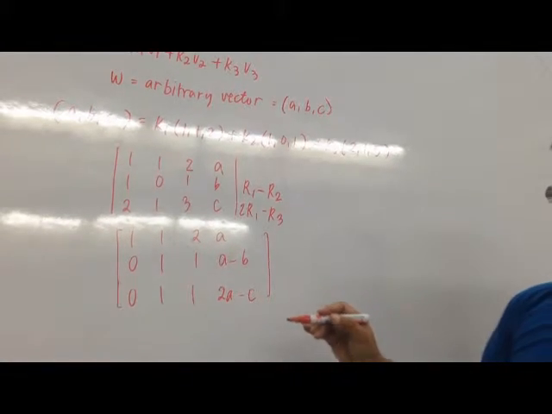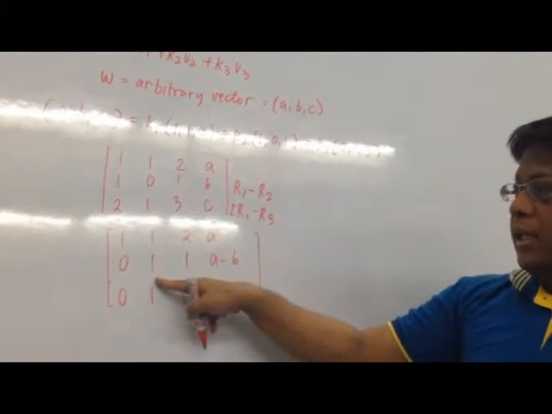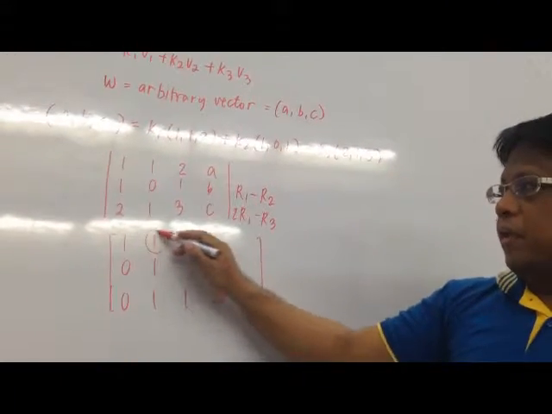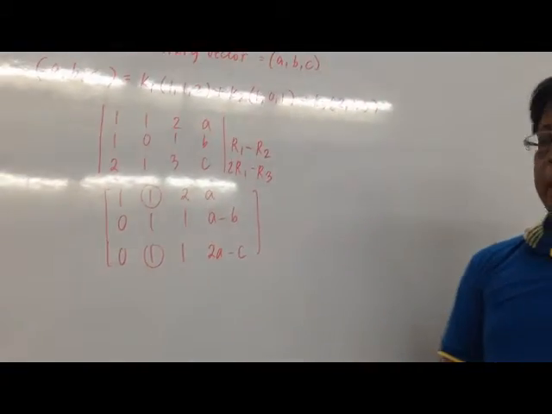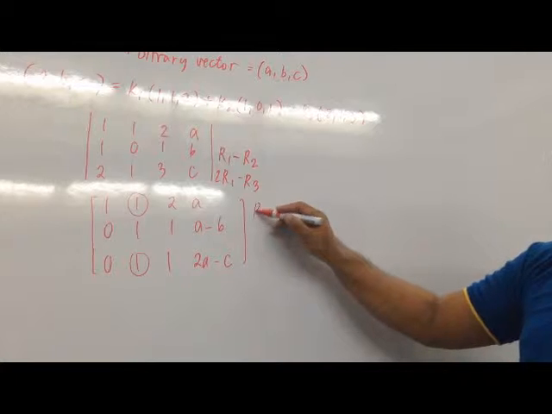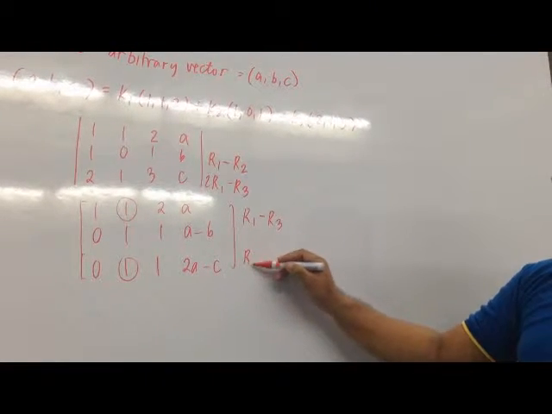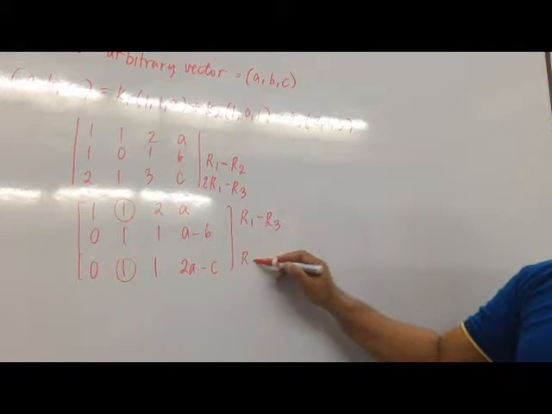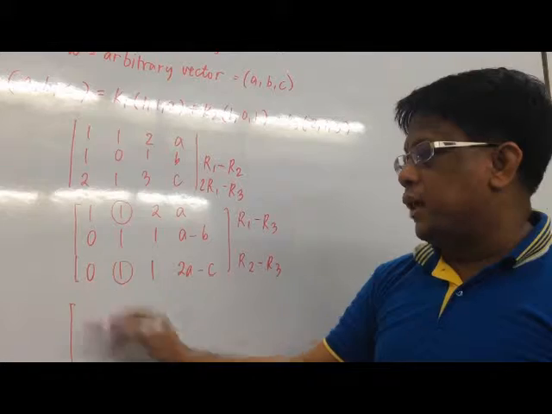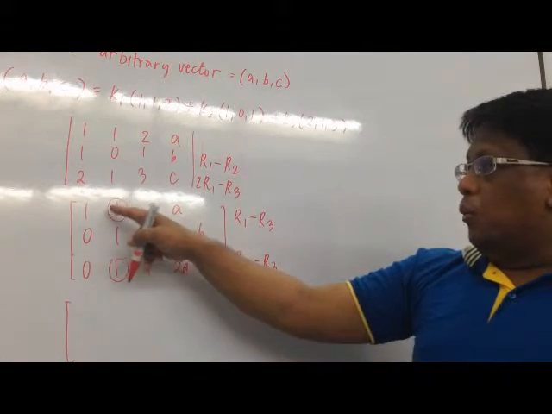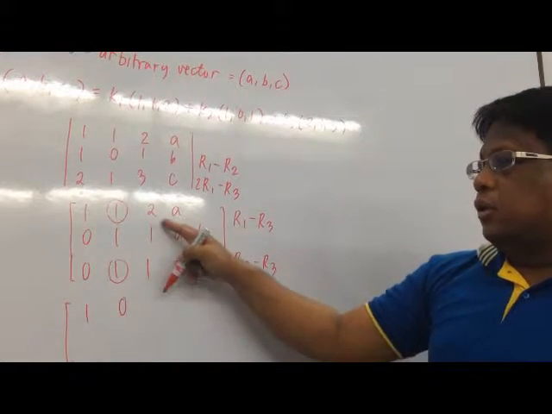Next one, class. Let us have now our leading one. In your second column, we already have a leading one. Then we're going to transform the 1 and 1 here in your second column to become 0. And what is our operation, class? It will be R1 minus R3, right, class? Then in our third row we have R2 minus R3, okay? What is the resulting matrix, class? So 1 minus 0 is 1, 1 minus 1 is 0, 2 minus 1 is 1.